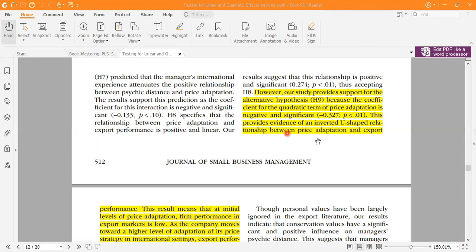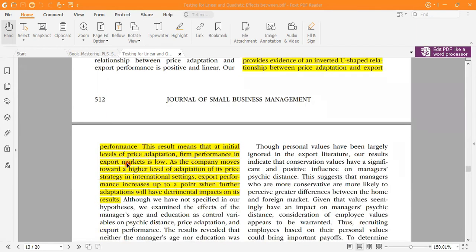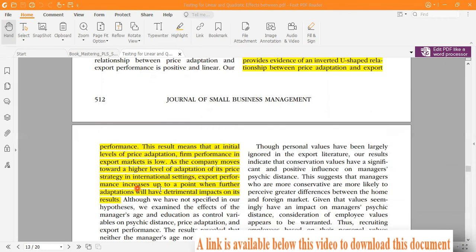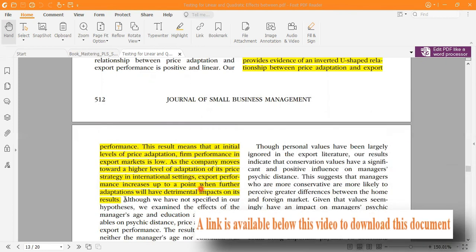This provides evidence of an inverted U-shaped relationship between price adaptation and export performance. This result means that at the initial level of price adaptation, the firm's performance in the export market is low. As the company moves toward a high level of adaptation of its price strategy in an intensive setting, the export performance increases up to the point when further adaptation will be detrimental.